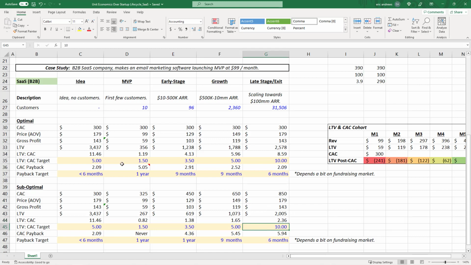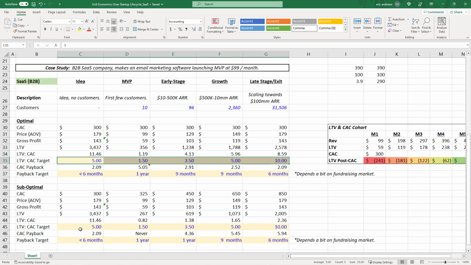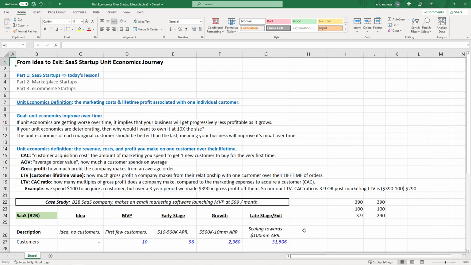Now, one thing I want to say, these are general benchmarks. You want to be in the 5 to 10 range. The payback targets, these depend a lot on the company and the price. So I would pay more attention to the LTV to CAC benchmarks than the payback targets. Every company will be different, but you do want to make sure that for SaaS companies, you are making many multiples of your CAC and you're making higher amounts of gross profit on each incremental customer over time. Okay, so I hope this gave you a great idea of how unit economics should evolve over the life cycle